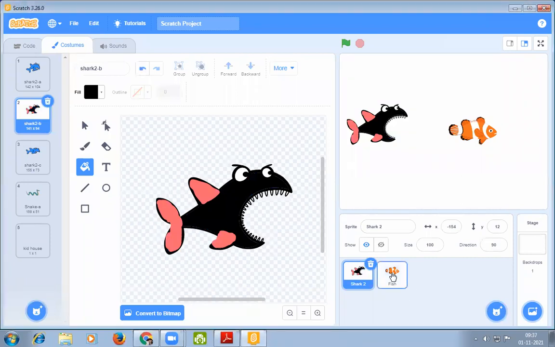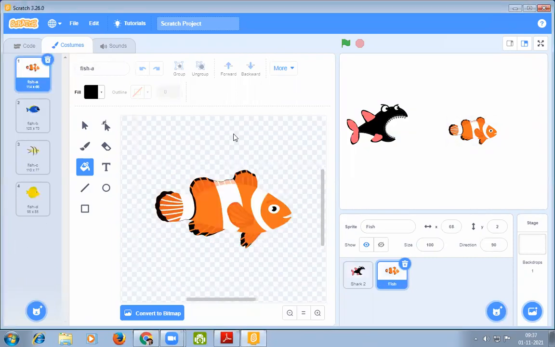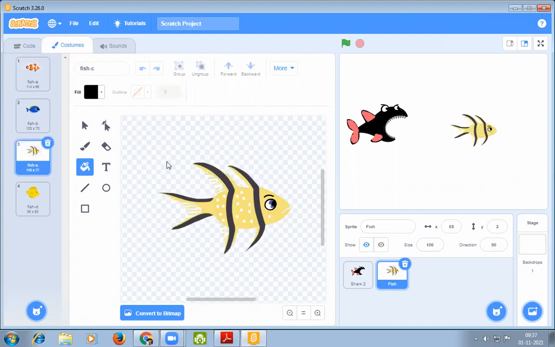Again, if we want to change the appearance of this fish, then just click on the fish, then costumes. Here we can also change the costume of this fish. So this way we can edit the costume of a sprite.